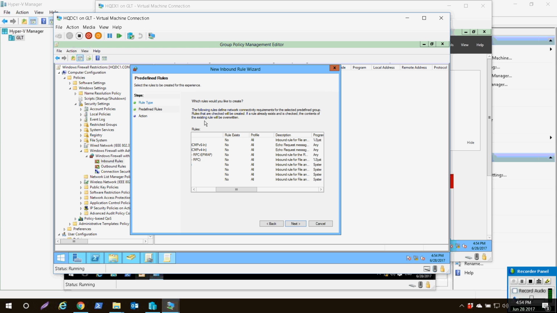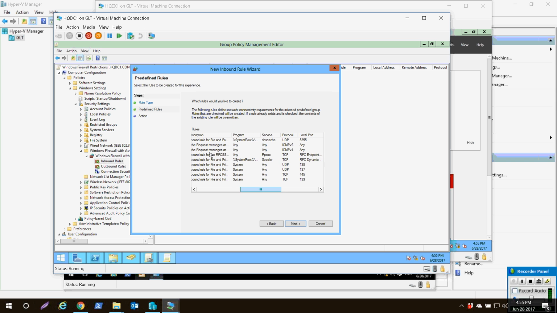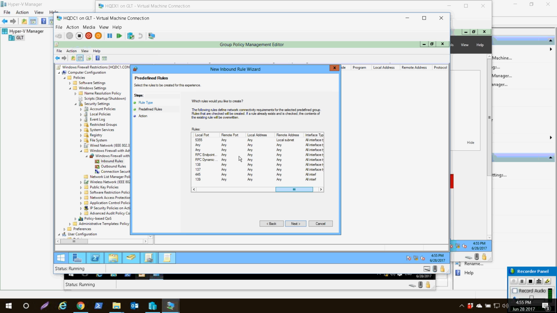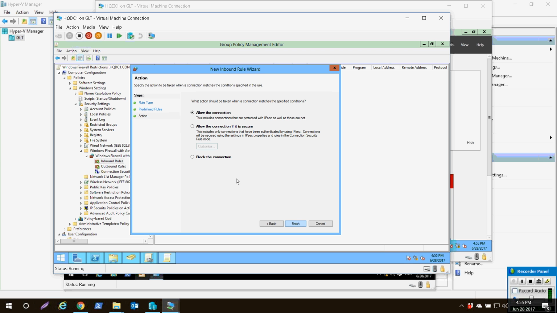So I'll just take a quick look at it, and we can see it's blocking certain programs, certain protocols, and definitely certain ports. As you can see, all the SMB ports. By the way, this includes ping, ICMP. If you want to allow ping, you can remove the check mark for ICMPv4 and ICMPv6 from here, or otherwise you can just continue as it is. I'm going to choose block the connection